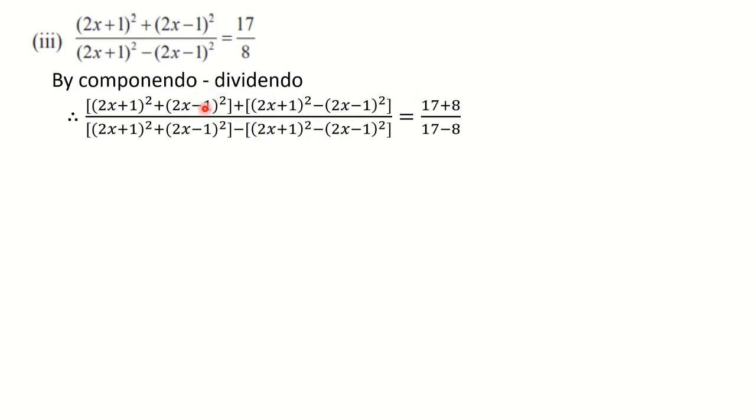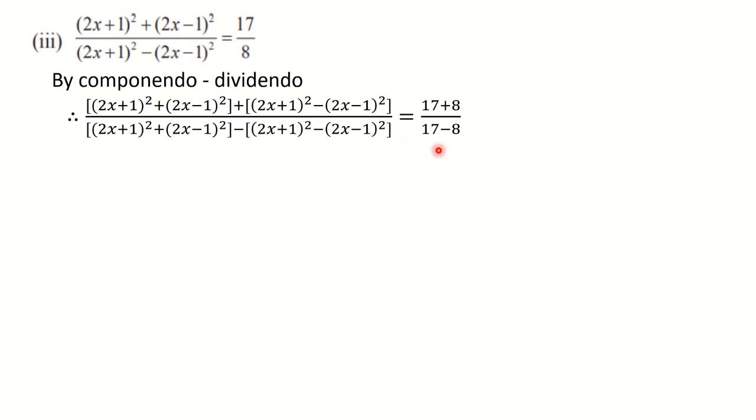So second term is getting cancelled in numerator, as I have told so many times. And in the denominator, first term is getting cancelled. So now we have these two terms. See, this is 1 and this is 2. So 2 times we have 2x plus 1 the whole square. And here also we have 2 times 2x minus 1 the whole square.